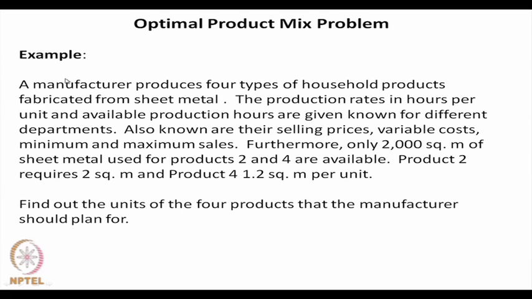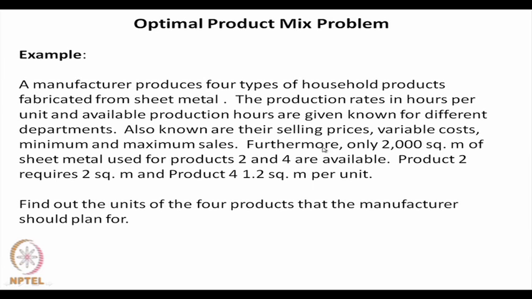Let us take this example. A manufacturer produces 4 types of household products fabricated from sheet metal. So, there are 4 products. Finally, we are asked how many units of each of these products are to be manufactured, of course, to maximize the profit. The production rates in hours per unit and available production hours are known for different departments and given on the next slide. What are also known are their selling prices, variable costs, minimum and maximum sales,